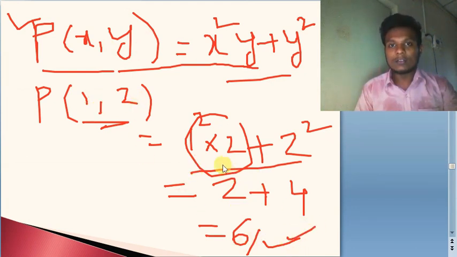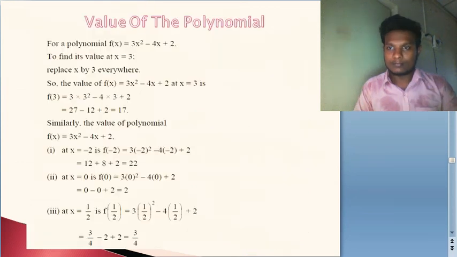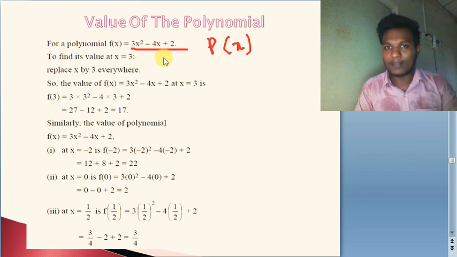Okay, so let us move to that slide now. Let us take the example from this particular slide. So this is the polynomial. So f of x or p of x, that is notation, right? Generally we use p of x for polynomials. We can also take f of x, no problem. It is a function of x. That means this is an entity having a variable x. If you assign some value for this particular x, it will keep giving us different values, depending upon what you substitute here.